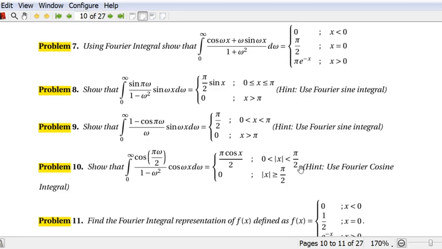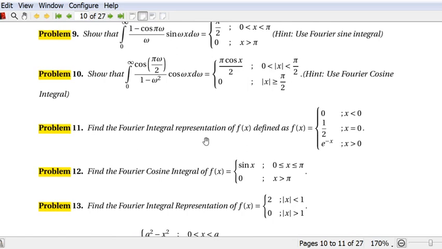Here f of x is 0 when mod x is greater than or equal to pi by 2, and it is non-zero only when 0 is less than or equal to mod x less than pi by 2. That means x varies from minus pi by 2 to pi by 2. This entire integration changes from minus pi by 2 to pi by 2. But in the cos omega x, that is the Fourier cosine integration, A of omega is equal to 2 by pi into integral 0 to infinity. So we take only the positive side, that means 0 to pi by 2. Here take the positive side, that is integral 0 to pi by 2 f of x dx, to find A of omega.